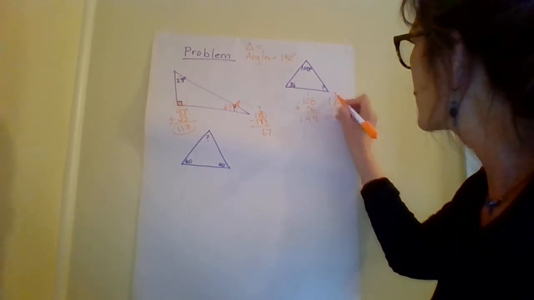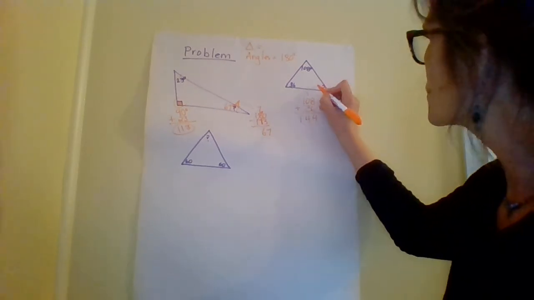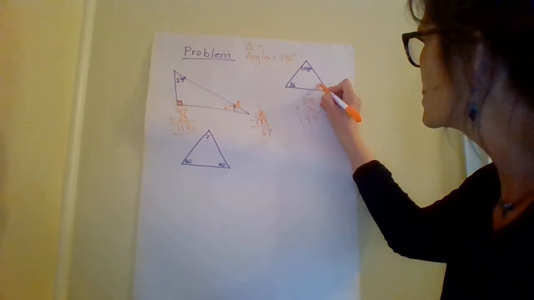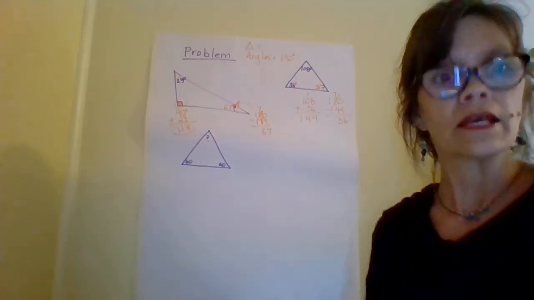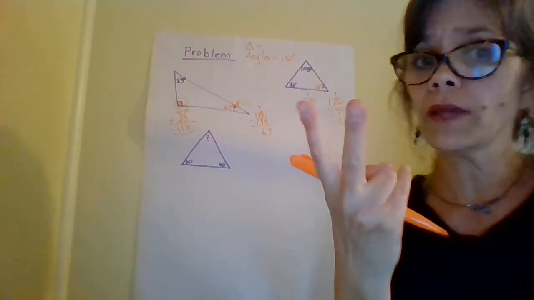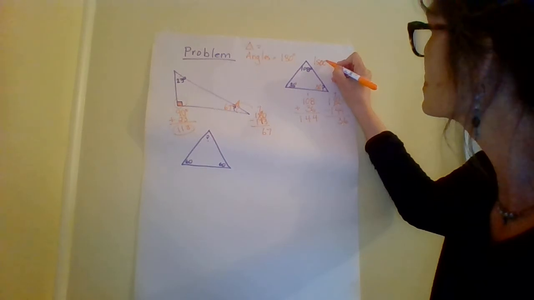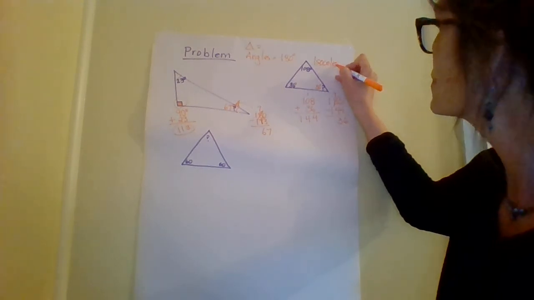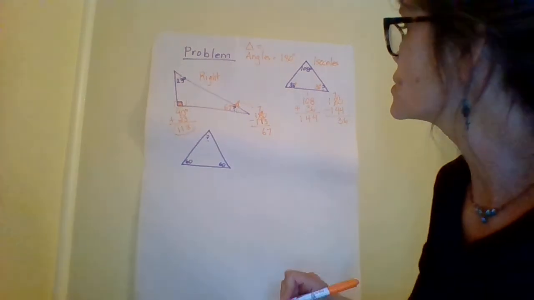When you do that, you find out that this third angle has to be 36 degrees. As soon as you find that out, you know two equal angles is going to mean isosceles. So this one is isosceles, this one is right, and